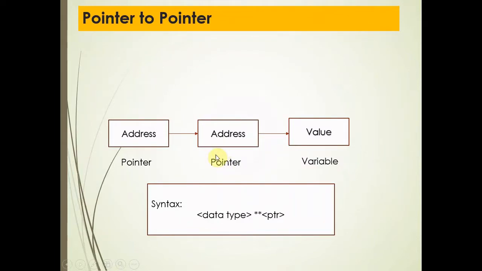So, in the previous lecture, I discussed pointers, their various advantages, and the various operators used with pointers like the address operator and the asterisk operator. I also explained how to declare a pointer variable, how to assign a value, and how to access a value. Now I will first discuss the pointer to pointer concept.